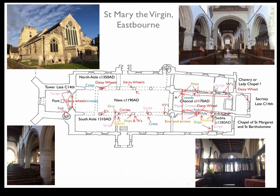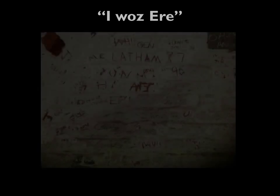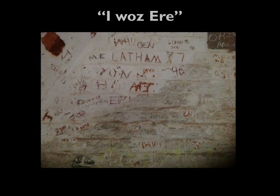So one form of graffiti that we get in churches, buildings, everywhere is what I term the "I was here": tagging, leaving your mark, leaving a name. And this can take many, many different forms. This piece here I like to show because people's initial reaction is always really interesting. Often it's, oh, look at that. And yes, all right, you could say that: "Me, Latham, 87", "Jason, 07". They're not particularly beautifully rendered pieces of script,